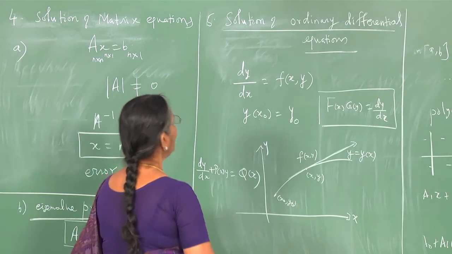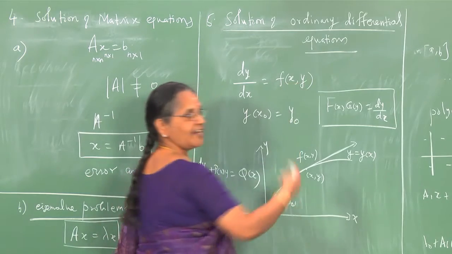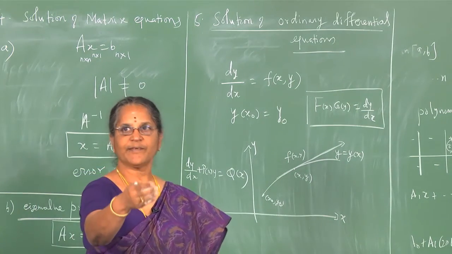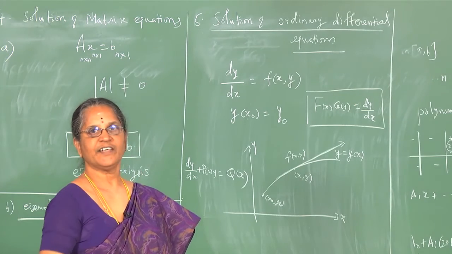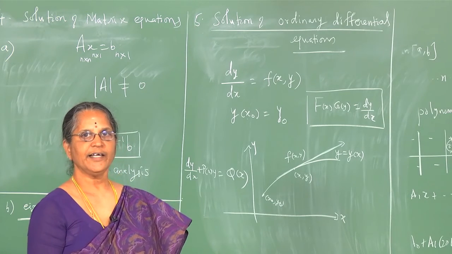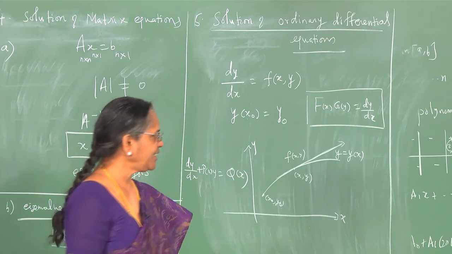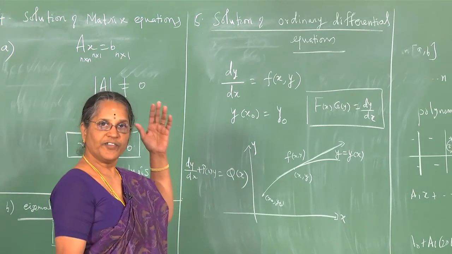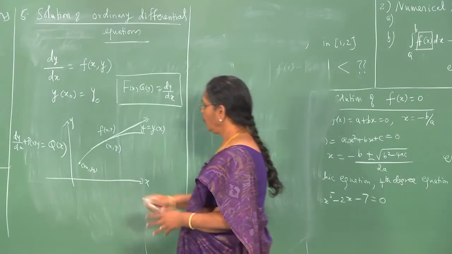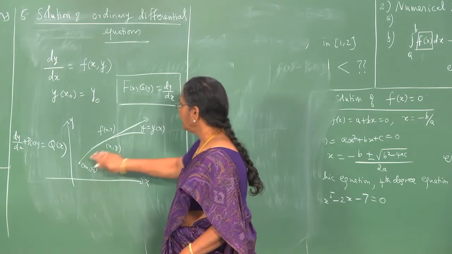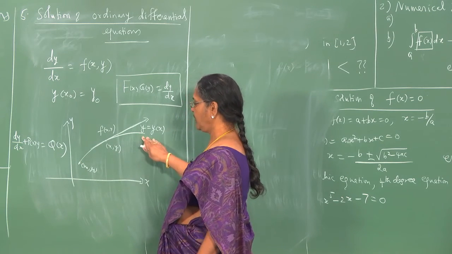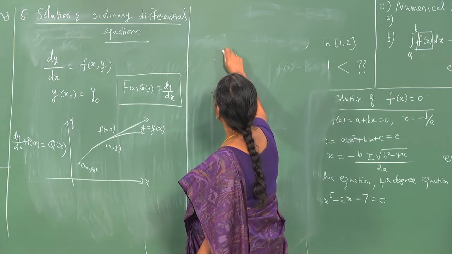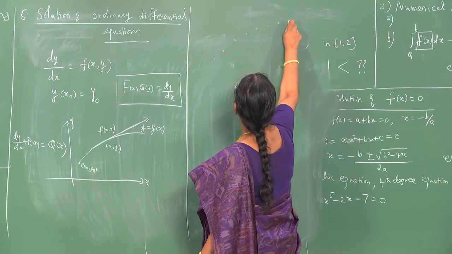However, if f of x comma y is a nonlinear function of x and y, and you are unable to get the solution of this differential equation analytically, then you need to have some techniques by means of which you should be able to get the solution. So we would be determining, in numerical solution of differential equations, this smooth curve in the form of discrete values